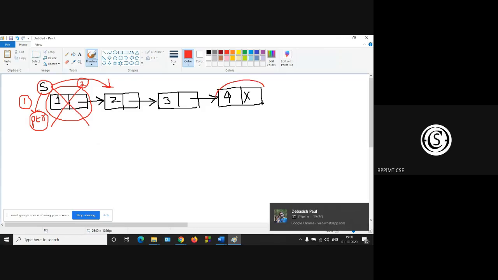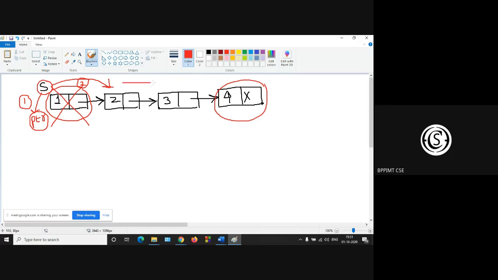You have to delete the last one. So how to delete? You have to proceed from first to last. For traversal, you have to use the temporary pointer, either temp or ptr.